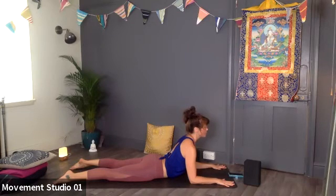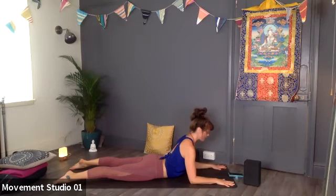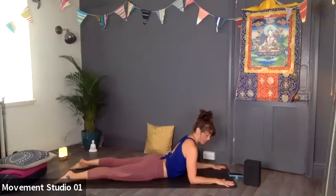It kind of looks like an easy posture. And it is lovely and simple, but there is effort taking place here. There's quite a lot of action happening through the back of the body. Breathing into the heart space. And then just really focusing on drawing the elbows just back. There's no actual action here, but it's a very subtle movement, which hopefully,